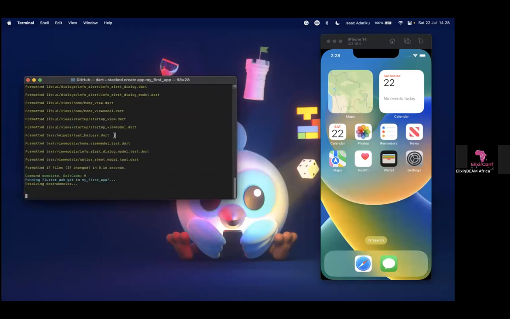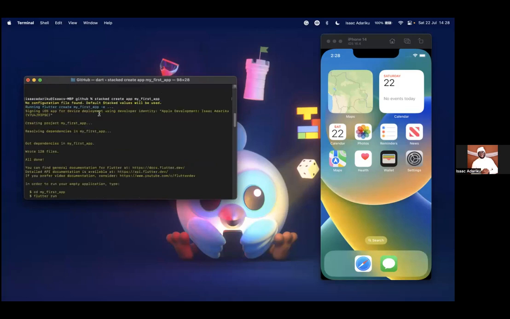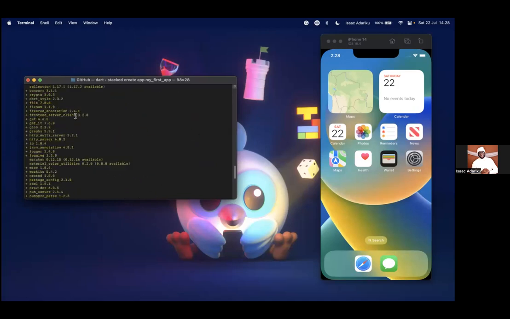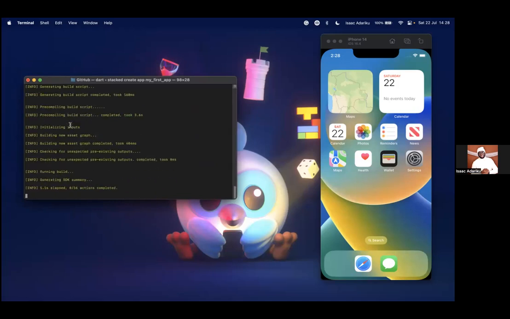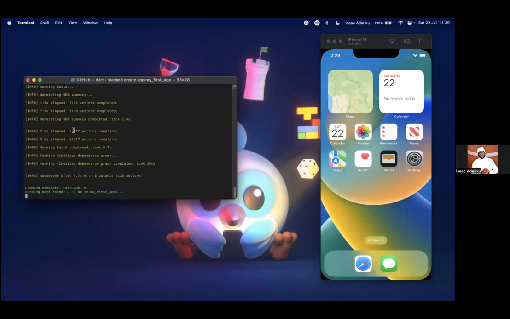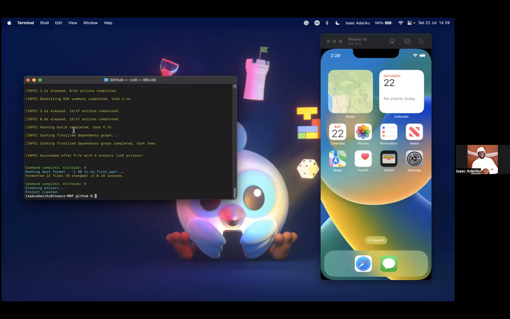So when we run this command, it's adding all the Stacked magic, generating all the files you need to run the Stacked app. It's generating, compiling everything you need, and also setting up the project. So I think it's done.